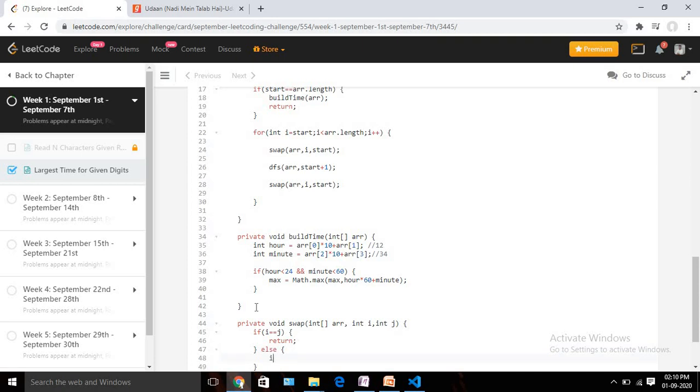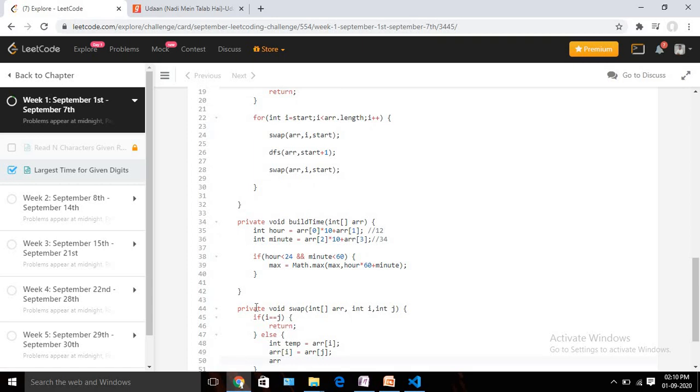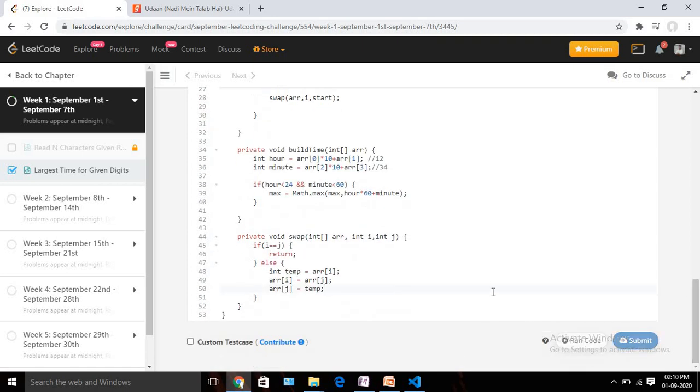We take one temporary variable and store array i, the normal swap logic. Then for array i we store array j, and lastly array j will be equal to temp. I think that's pretty much it. Let's quickly run our code and check whether it's compiling or not.